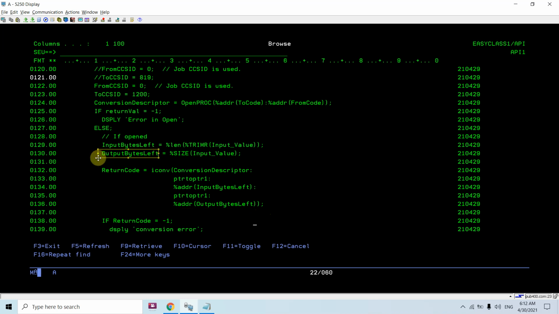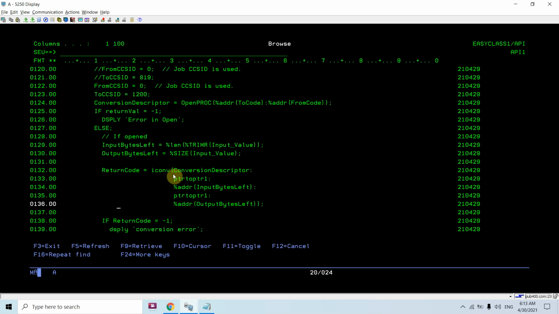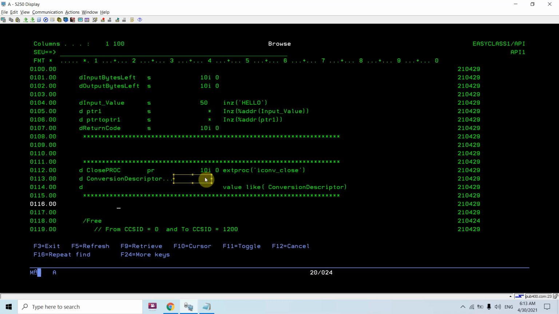This contains the full size, and this contains the data whatever it has. Now if the return code is -1, then it means that there is some error in the conversion, so I'll display that. Else the data would get converted into this PTR to PTR1 basically, which is based on this input underscore value.